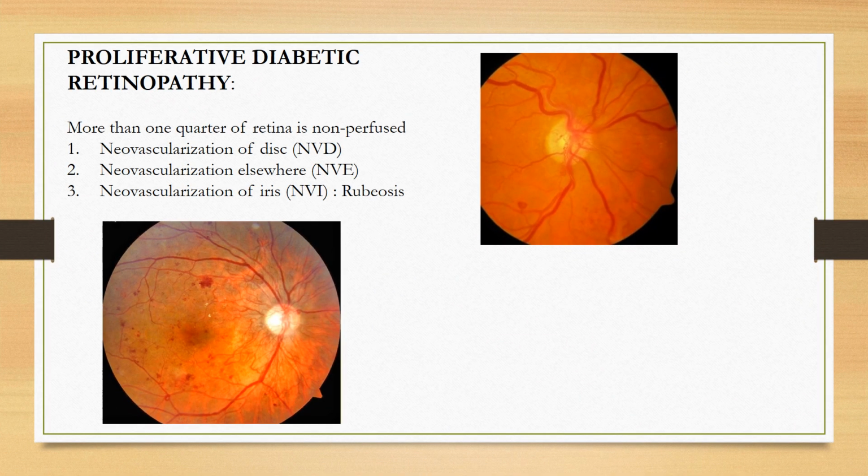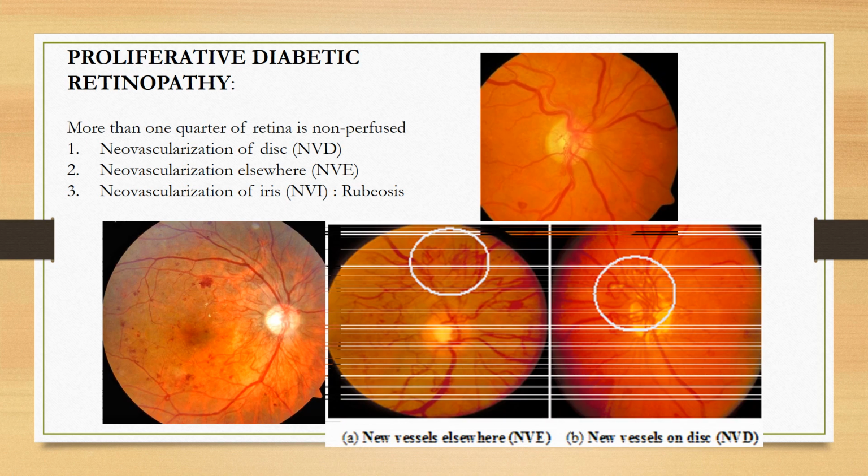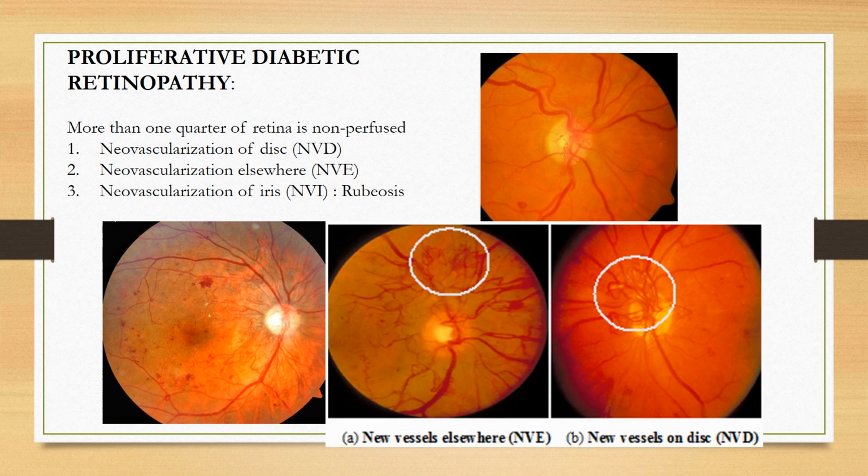So again, coming to the types, the major changes in case of proliferative diabetic retinopathy are neovascularization of the disc, and neovascularization of the retina also. In case of the periphery, we call it neovascularization elsewhere, and then there is neovascularization in the disc. So here is the hemorrhage, dot and blot hemorrhages. This is a flame shaped hemorrhage. Here it is dot and blot.